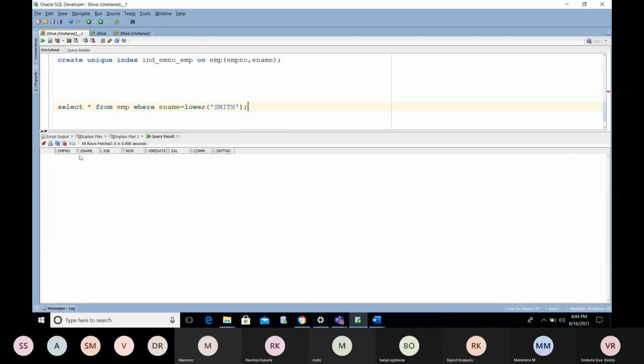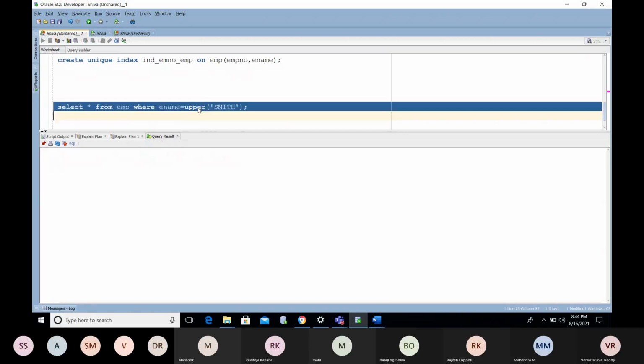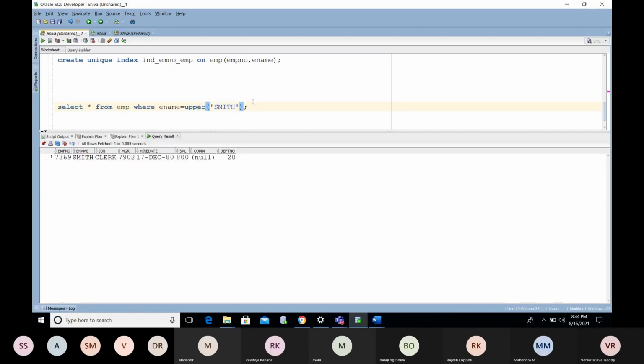You are not getting any data here. Or upper of, let it be your function. You have the value in upper case only, but I am using a function here, the upper function.